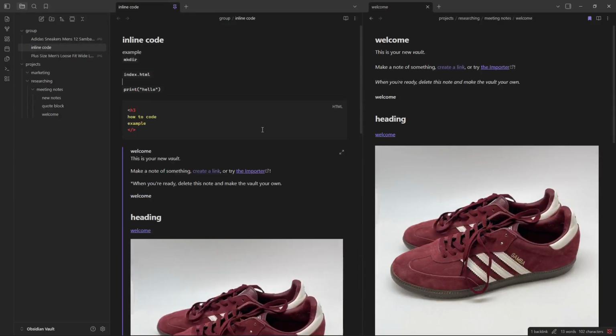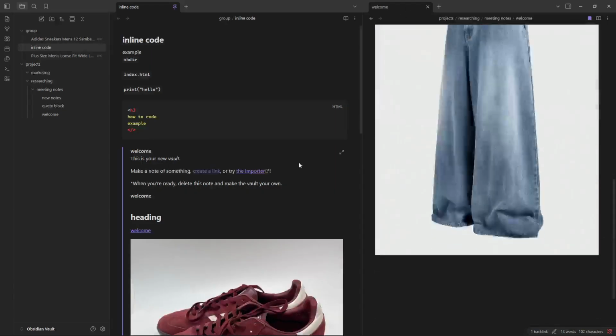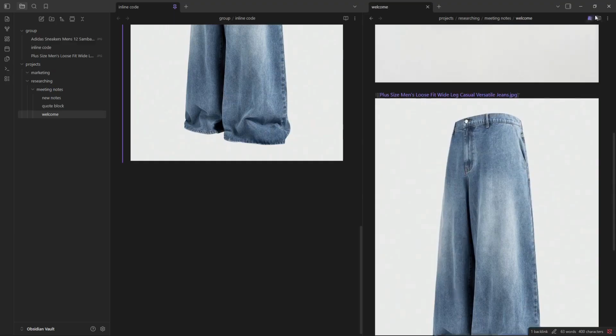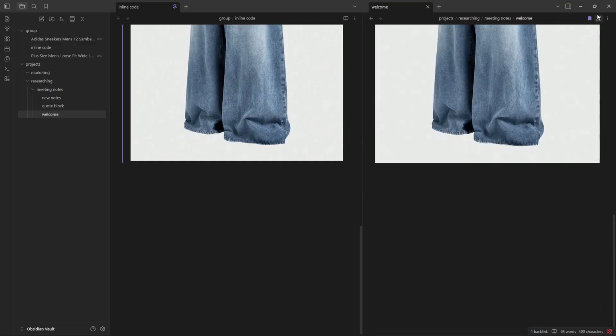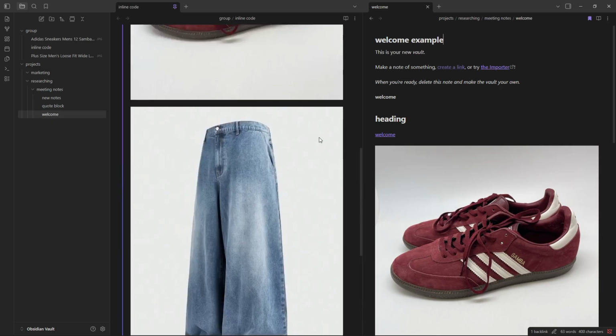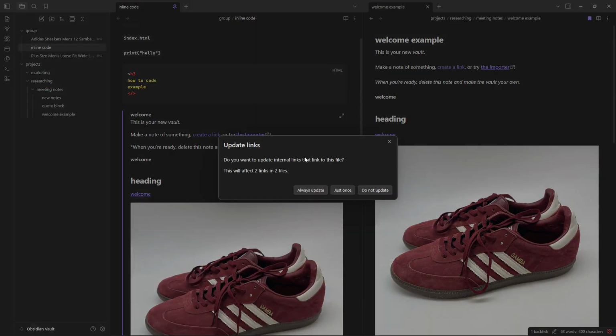To prove how powerful this is, go back to the original source note and make a small change to its content. Then return to your destination note, and you'll see that change appear automatically. No manual updates needed. Now you can take this further by embedding multiple notes into one document, creating a centralized